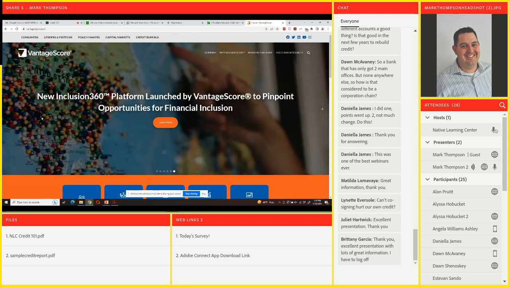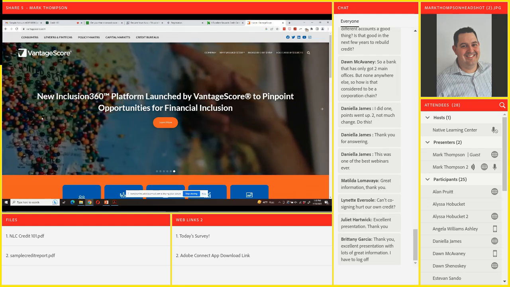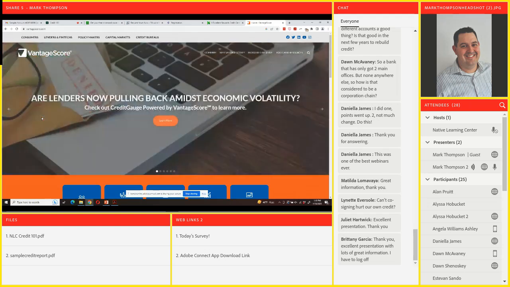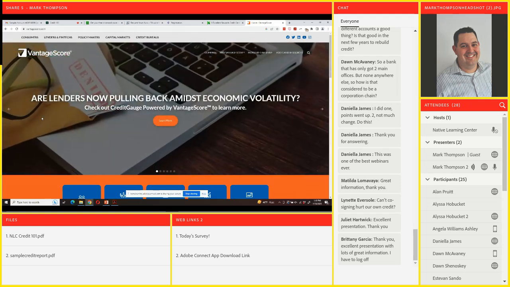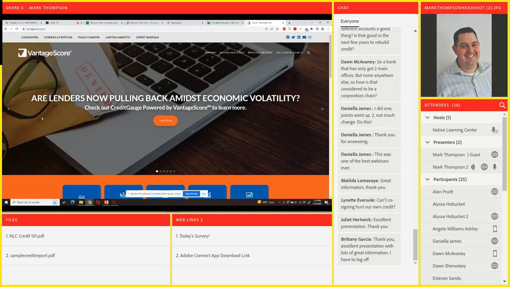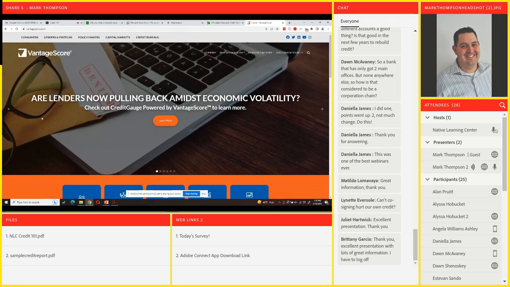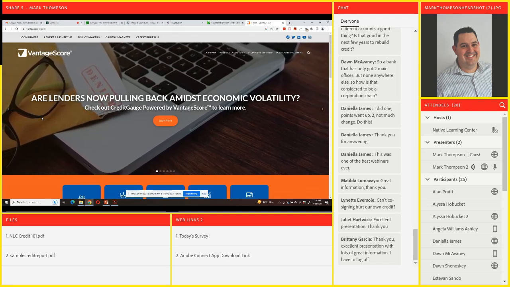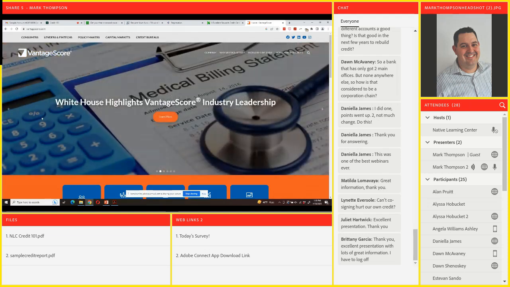Daniela mentions that she loves the Discover Secured card. Let's see. Is being an authorized user on 2 different accounts a good thing? It could be a good thing, right? Because that would be giving you 2 different accounts, and as an authorized user you're getting 2 different lines of credit that are being shown open.